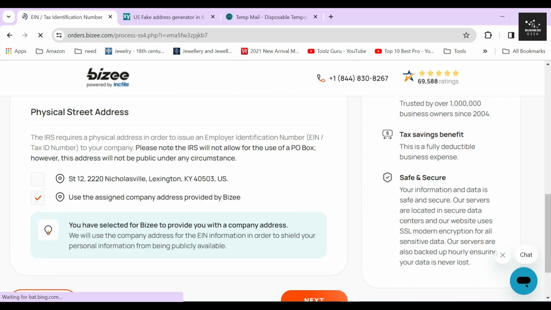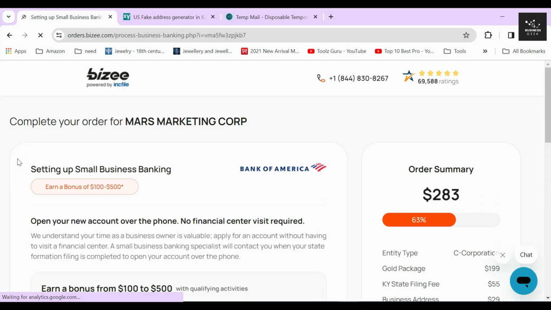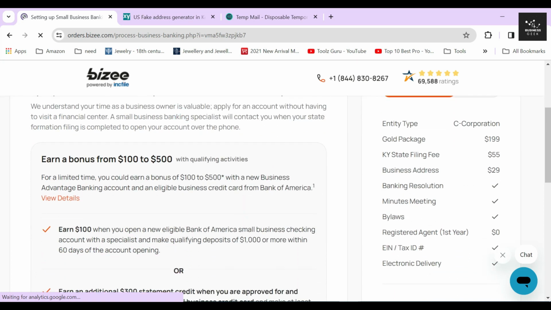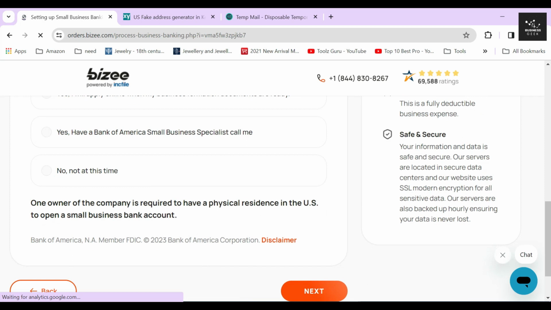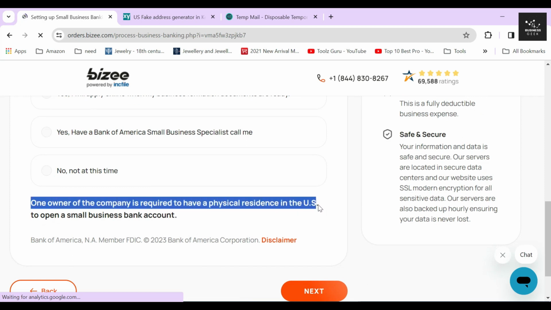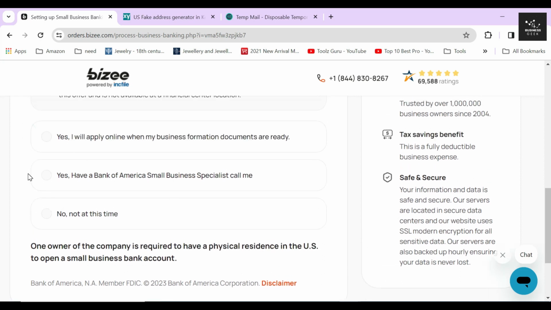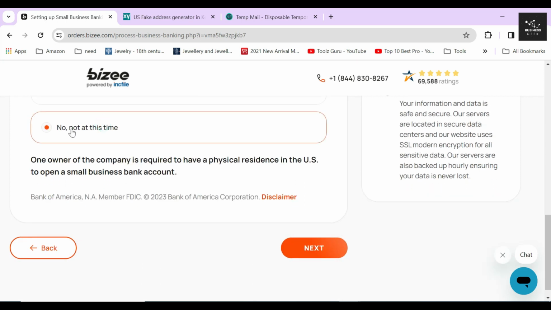Next. In the next section, bizee will ask you whether you will set up a small U.S. business bank with Bank of America. Remember that this option is only available if you are a U.S. citizen or are currently living in the USA. If you are from outside the USA, then you need at least one member of your corporation who has a physical residence in the USA to avail this service. I highly recommend everyone to pick up this service if possible. But, for the sake of creating this video, I will select on Not This Time option and click on the